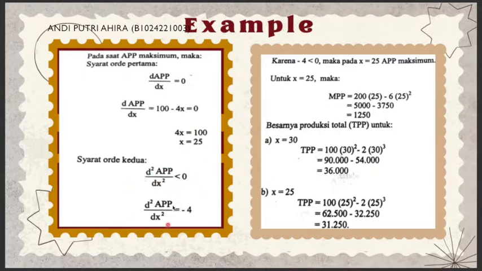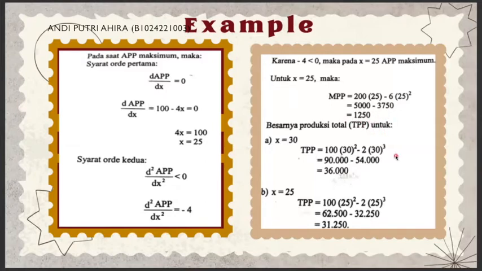For the second order derivative, d squared APP divided by dx squared must be smaller than 0. So the second order derivative of APP is minus 4. Because minus 4 is smaller than 0, then when x is 25, APP is maximum. So for x equals 25, MPP equals 200 times 25 minus 6 times 25 squared. The result will be 5,000 minus 3,750 equals